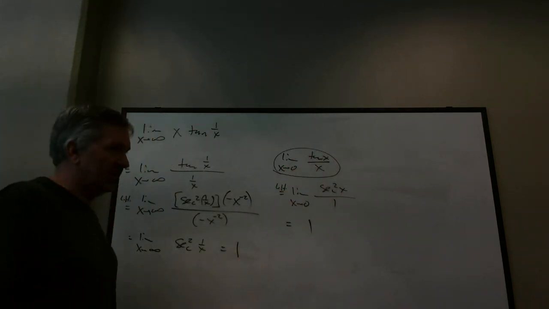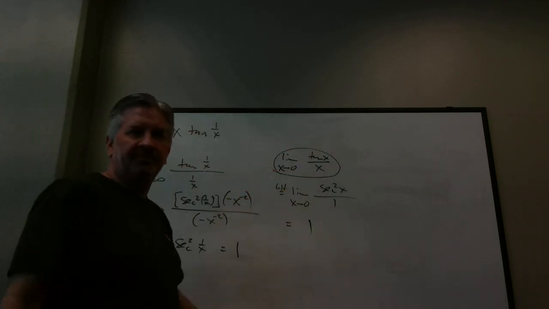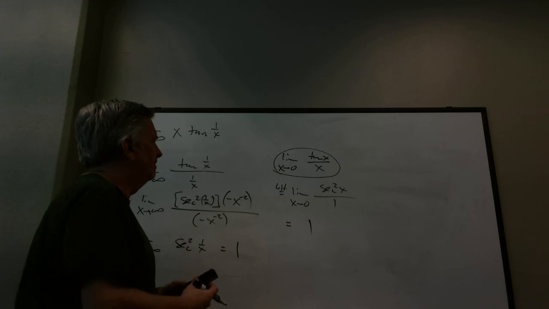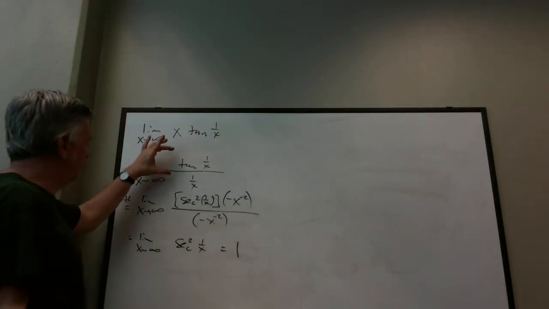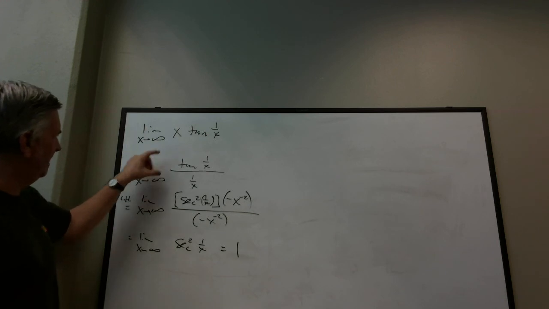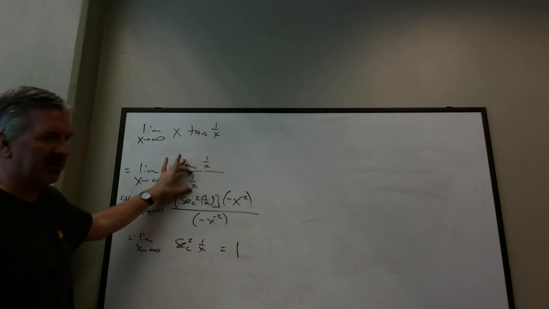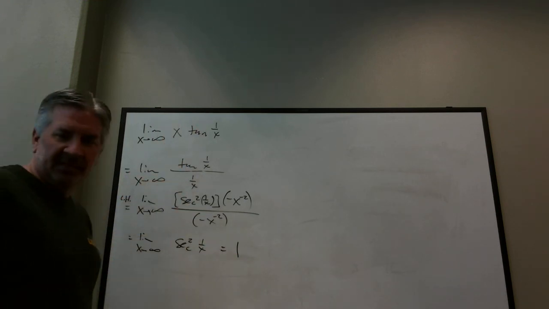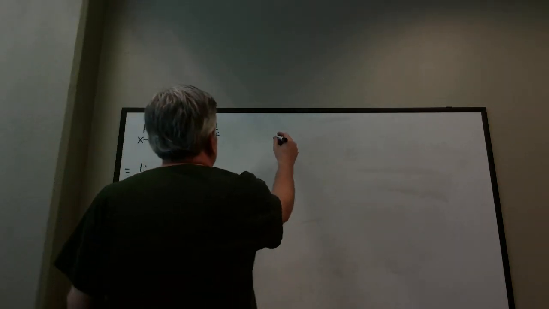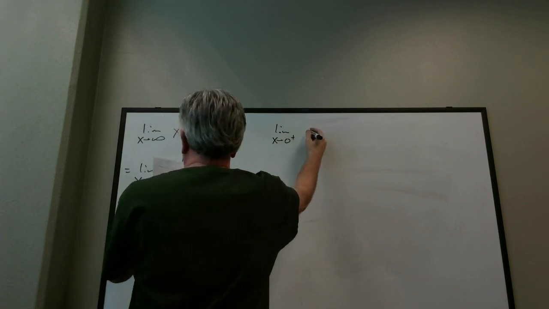Now it's not true for cosine. The key is that tangent and sine of zero is 0. Okay? So knowing that theorem, you could have jumped from here to here. When x goes to infinity, it's the same angle. When x goes to infinity, that goes to 0, that goes to 0. Now that I know that theorem, we could have jumped down to 1. But that's fine. Okay, then this last example, it says, find the limit as x approaches 0 from the right